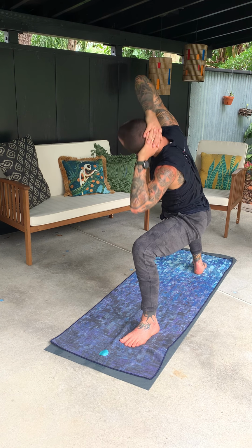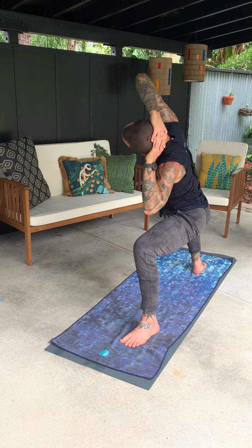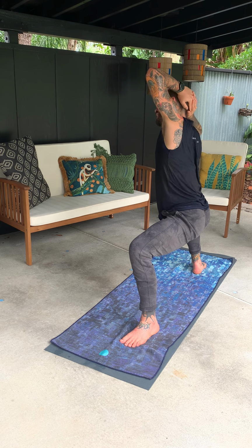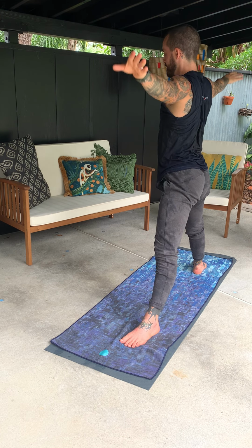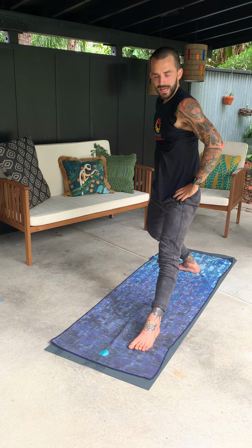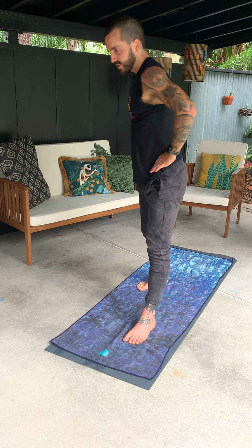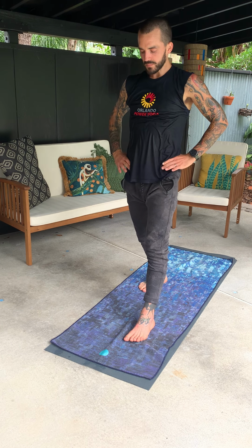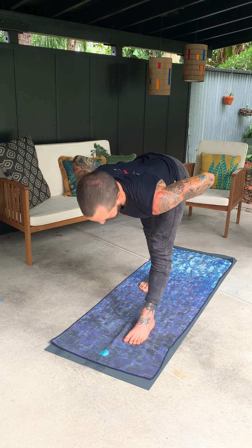4, 3, 2, and 1. Back towards center, extend through both legs, release the bind of your hands, point those left toes forward, right, if they aren't already, and then step that back foot in, setting up for pyramid pose here with the left leg forward, squaring off the hips, and then from there, hinge from the hips, coming into your pyramid pose